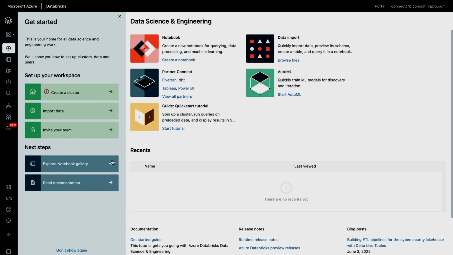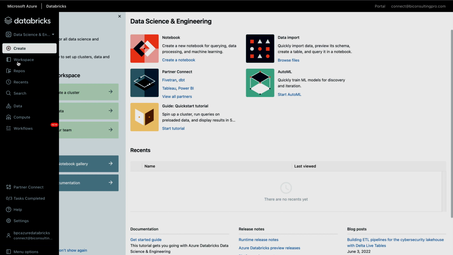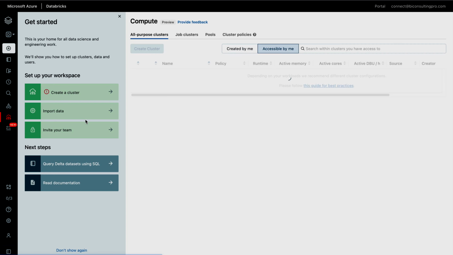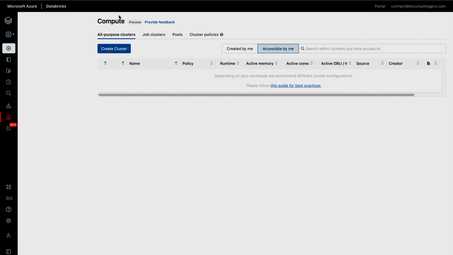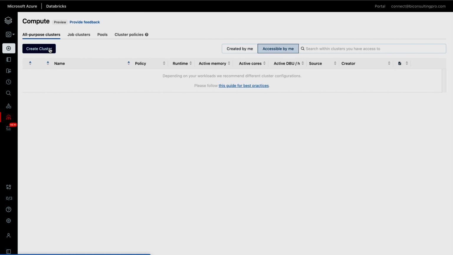Now, once you are over here, you have to go to the compute part where you have to create a cluster. Otherwise, directly you can start from here where it's saying create a cluster. On the other hand, you would get all the information over here. You can directly come here under compute, and here you can also create a cluster. So we are getting started over here, so I can just close this, and here I can click on this